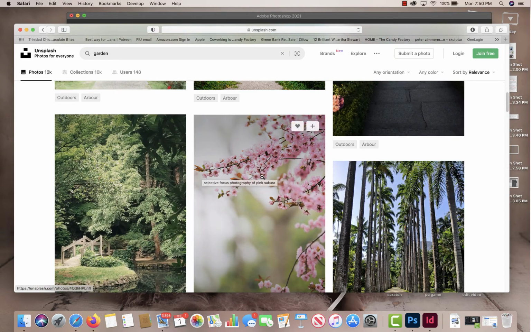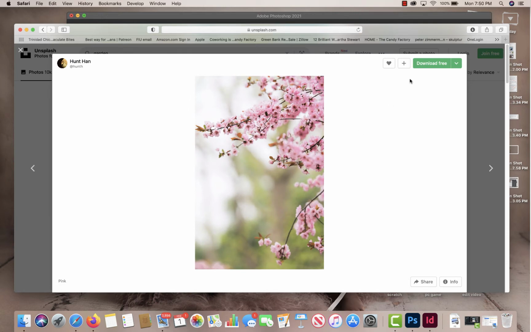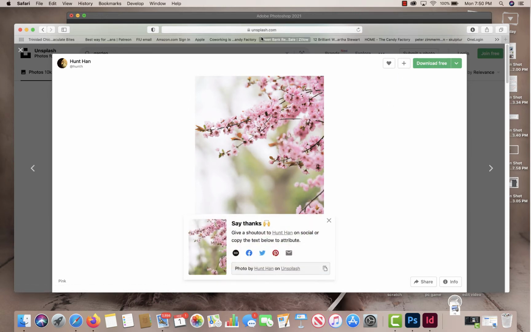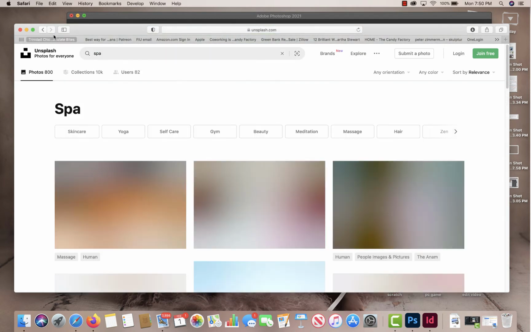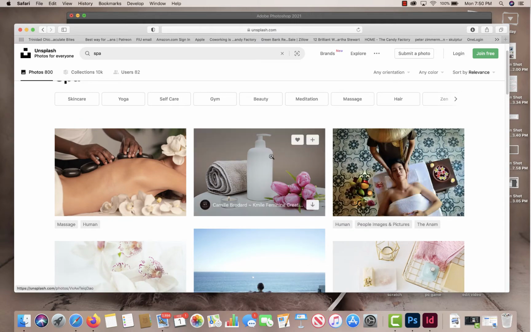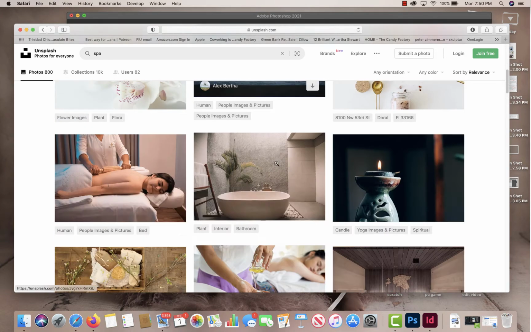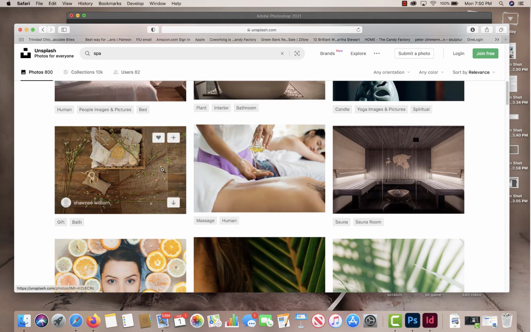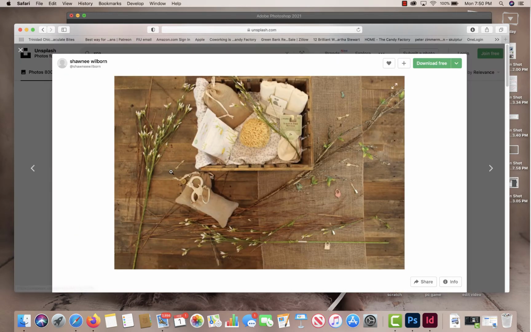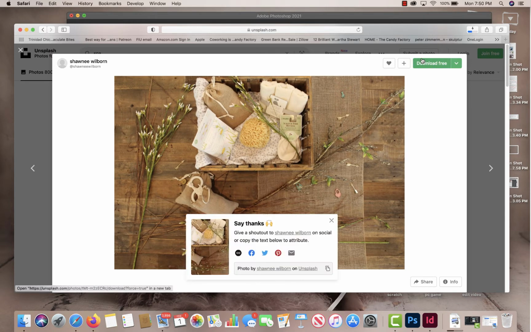So maybe this image right here. So I'm gonna download that. Let's go back. Let's type in spa. Let's see what we get here. So what kind of spa do I feel I'm going for? This is nice. All right, so depending on how many images you want to get, it's up to you, but 2 images should